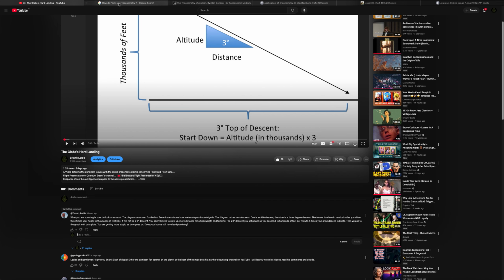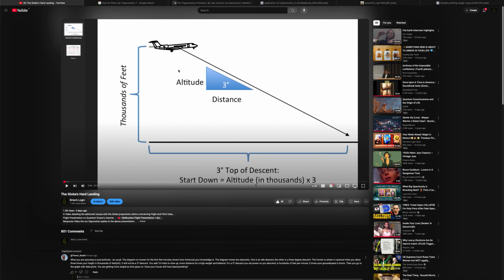So he's basically saying that I don't know what I'm talking about and I'm talking rubbish. He actually says, what are you spouting? What you are spouting is pure bollocks. That's what he says. When my claim is that they're using trigonometry and a horizontal baseline to land the plane, right? And I address the official globe claim that him and all the other people like him on the globe side try to make, in this video. And I show how this very landing system that is used, system of descent that's used by pilots, I show in this video here that is on screen, I show how it destroys their other claims, right?